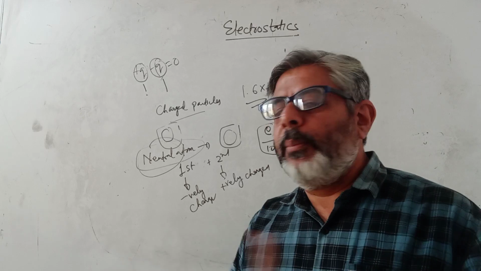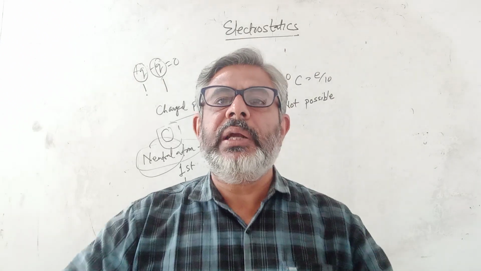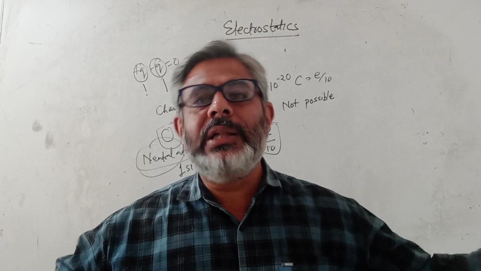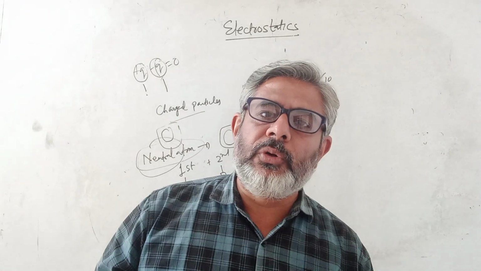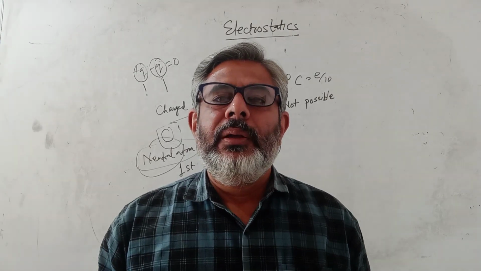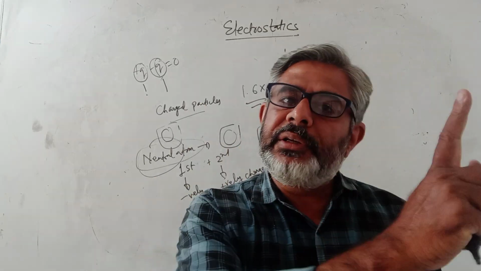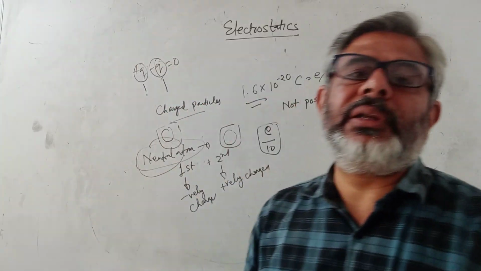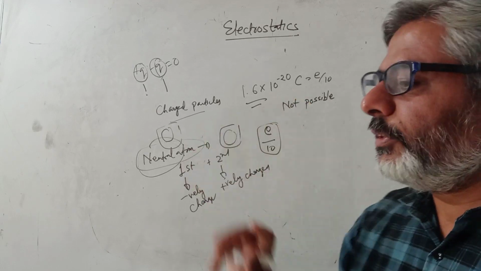I am saying total number of charged particles in a system is not conserved. I may have right now no charged particles and it may break into 1000 charged particles. So total charge will remain the same. So suppose electron, proton, electron, proton, electron, proton, the total charge remains 0. But electron is a charged particle, proton is also a charged particle. So these two charged particles, they are new. Two charged particles are created out of one. So number of charged particles is not conserved, but total charge in an isolated system is conserved. So quantization of charge, conservation of charge.